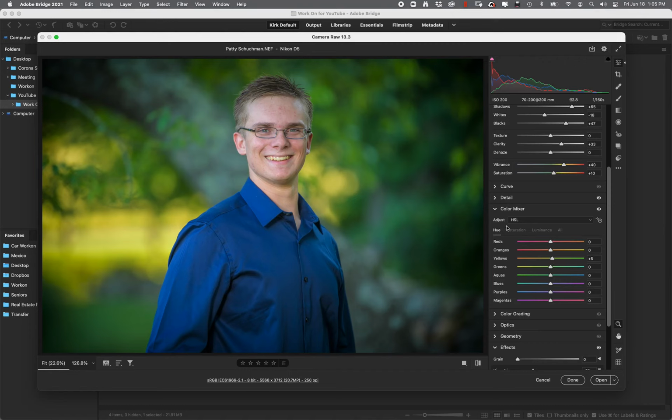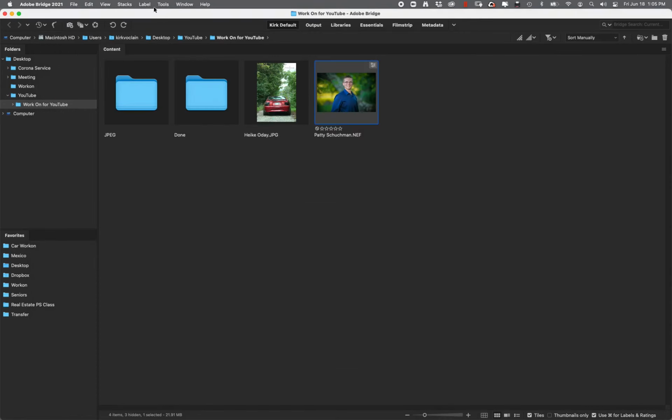This is another feature in this color mixer. See, look how much more fun that is to look at. Let me put that back to 0. What I will do is I will change the green to a little bit darker and a little more saturated. Alright, we're going to say done there, and what we're going to do is we're going to take this image,